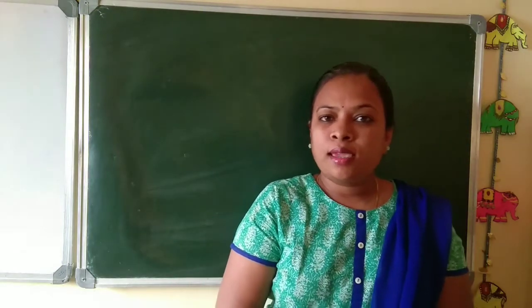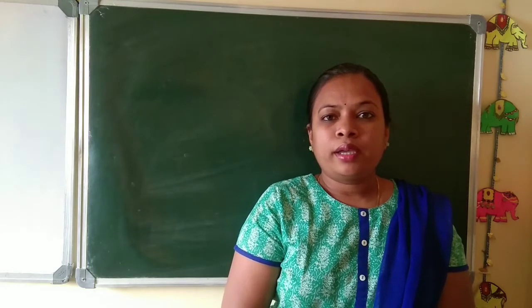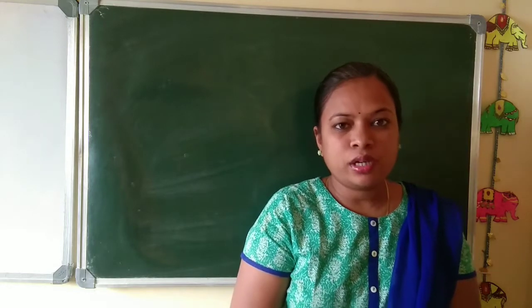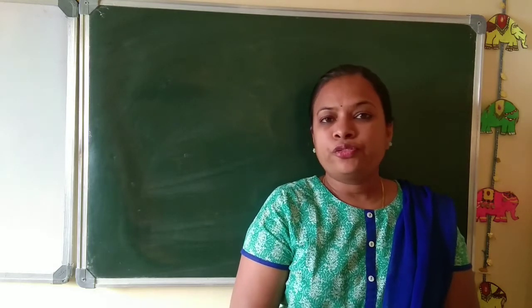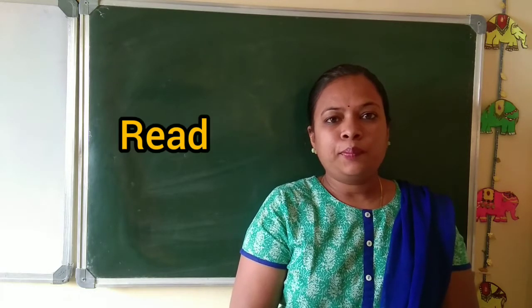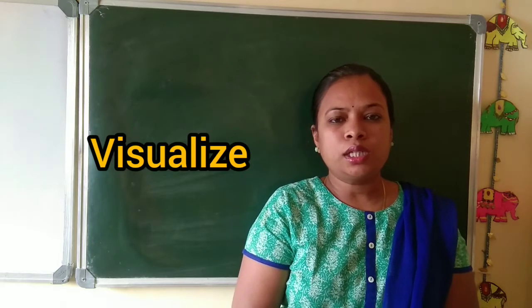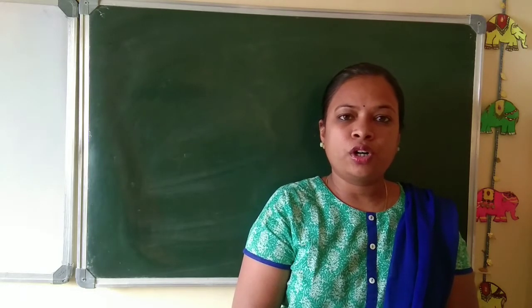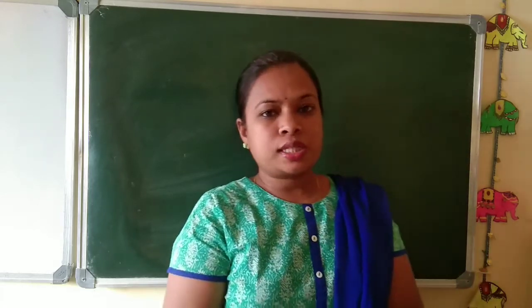Those who have not seen the 3 simple tips, you can just click on the iCard which I have provided to see the tips. Now we will have a quick recap of how you need to solve any type of word problem. First one is read the question. Second one is analyze by visualizing or imagining the situation. And the third one is the application of the correct formula. You can apply the correct formula only if you read the question. So now let's do the first step here.